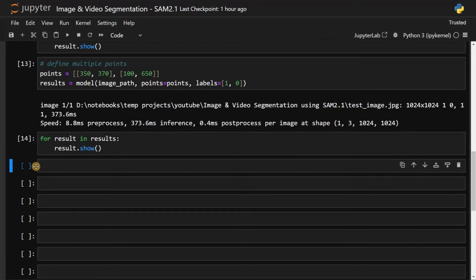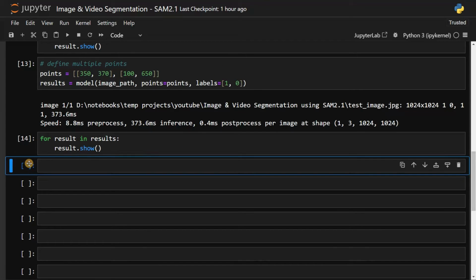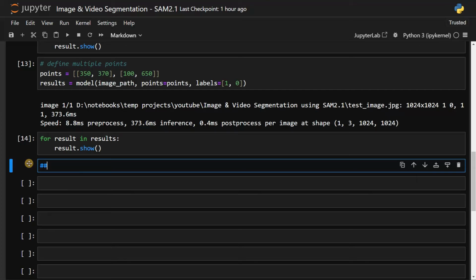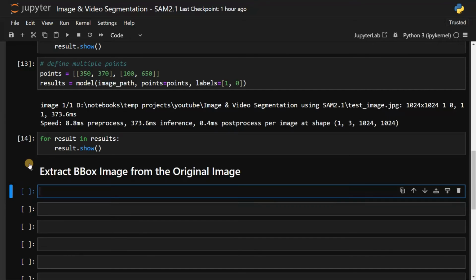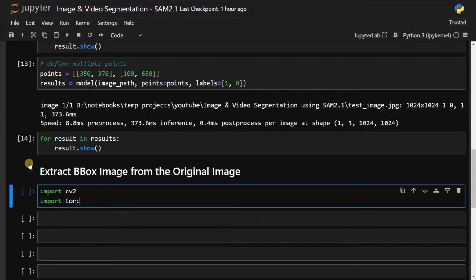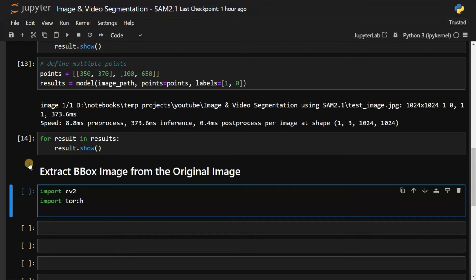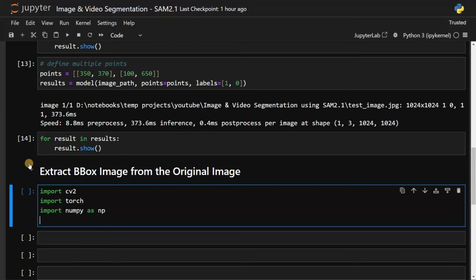Okay, now let's extract the bounding box images from the results. Extract bbox image from the original image. Okay, for this I'm going to import CV2 and import torch, because as I said, the backend is a PyTorch module, and NumPy. Then